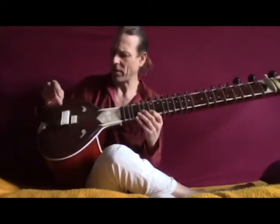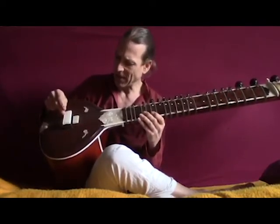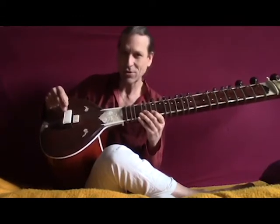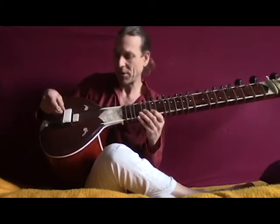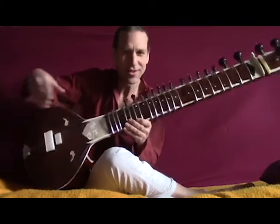And what you can do is, for each of these little grooves on the bridge, you can just cut like 2 millimeters away, cut another groove. So when that groove, that line on the bridge, is opened up too much, just lift it up and put it in the next groove, and then you've got a whole new fresh